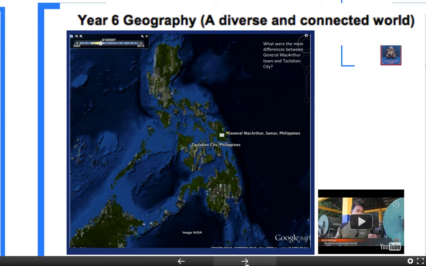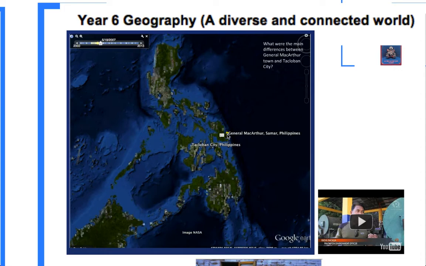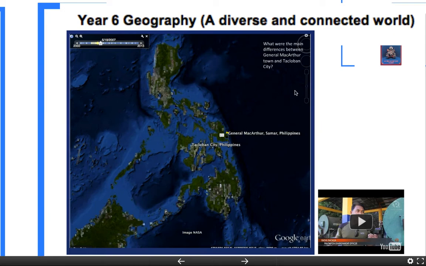So that first group talked about describing. Now we're going to take a look at the other achievement area, which is comparing. So I'll tell them that when that storm surge hit my home country, something quite strange happened. So this is where Tacloban City is. And right here is a small town called General MacArthur in Samar, which is the next city. The storm came from this particular sea right here, body of water, and it struck this part of my country, the eastern part of the country.